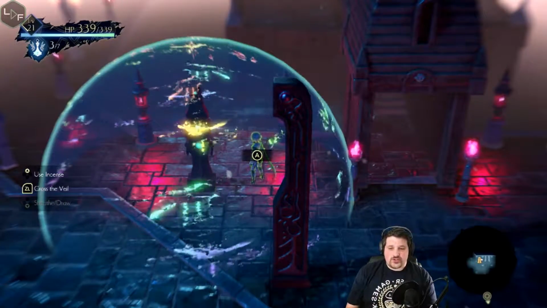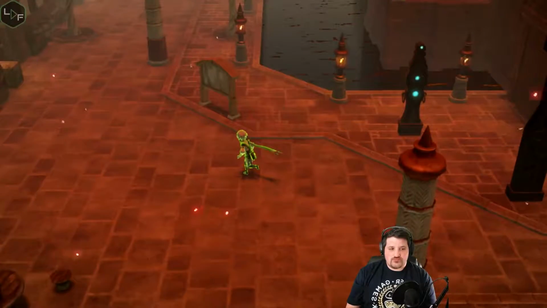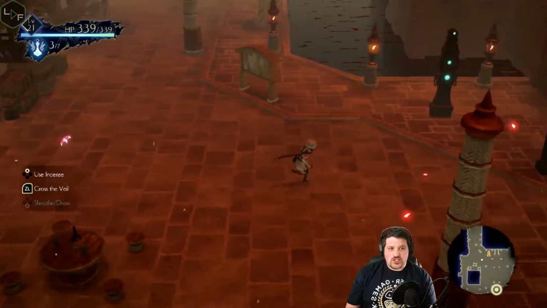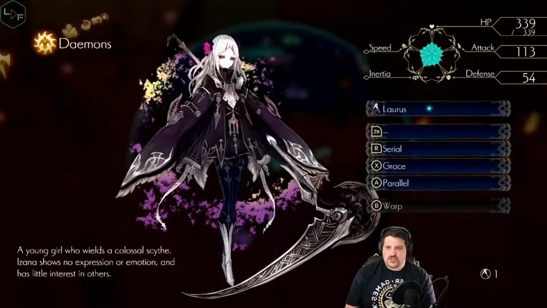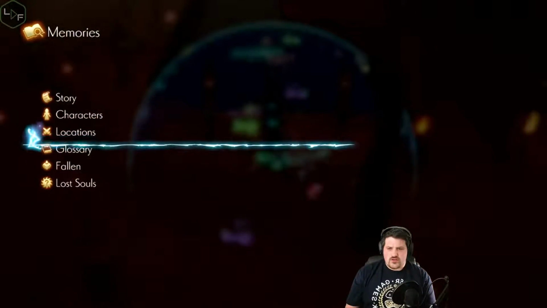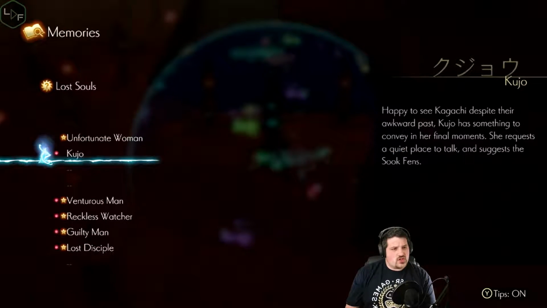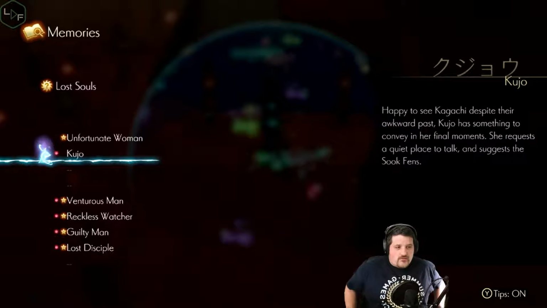Right, the Night Devil killed her. Yeah, the Night Devil killed her, that's right. Spooked Fins. I kind of want to do that right now, because kind of like Tails. I don't know if there is Lost Souls. Here we go. Kujo. Happy to see your request. Okay, cool. So if you go into Lost Souls, you do have